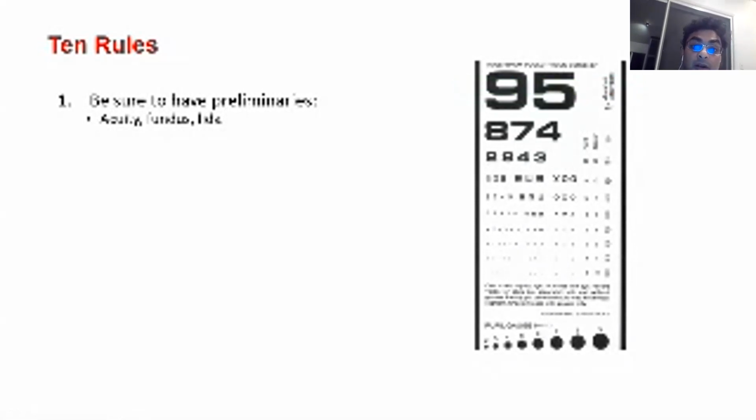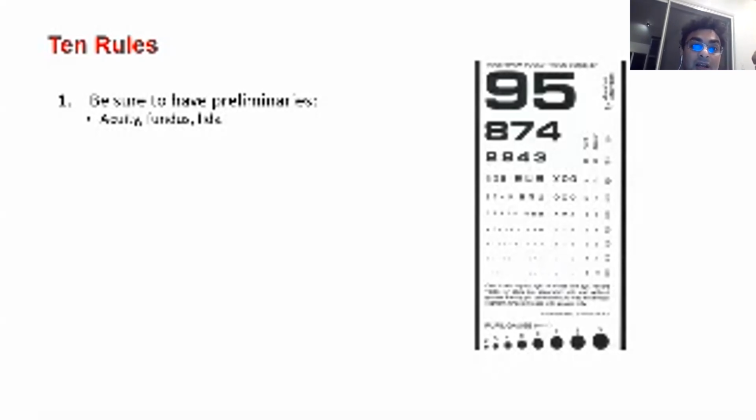You also want to take a look at the fundus. I don't expect everyone to be an ophthalmologist to look at the detailed fundus, but you need to look at the basic things, that they don't have cataract or any major problems that can prevent vision. And of course, lids are very important. A lot of times as neurologists, when you're asked to see patients with neurodegenerative problems, they may have lid apraxia, or they may have blepharospasm, or certain myasthenics may have ptosis.